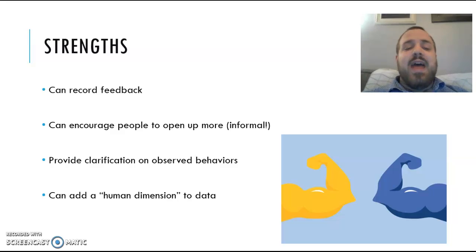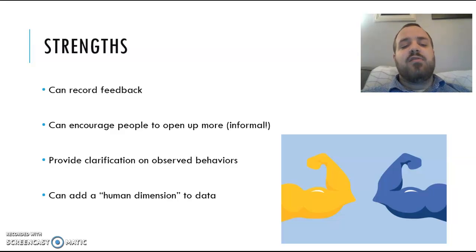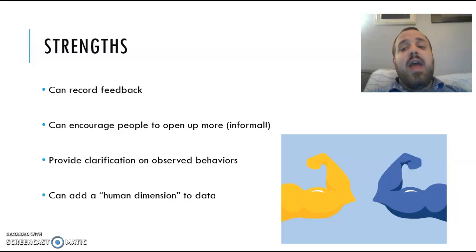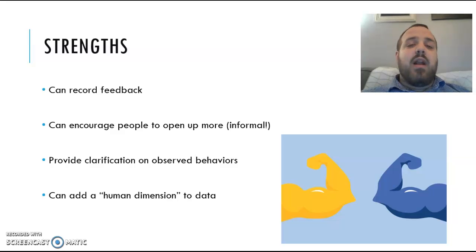You can get things that you might not get from observation alone. And then I looked up a little bit online about what other people had to say about interviews, and one thing I saw from a couple of different sources was that they called it adding a human dimension to your data. Basically, if you just have all quantitative data and hard numbers, a lot of times somebody reading it, especially if they're not part of the scientific community, might not get as much out of it. Whereas if you have an interview and get the personal feelings, you might be able to get more people to buy into what you're doing.